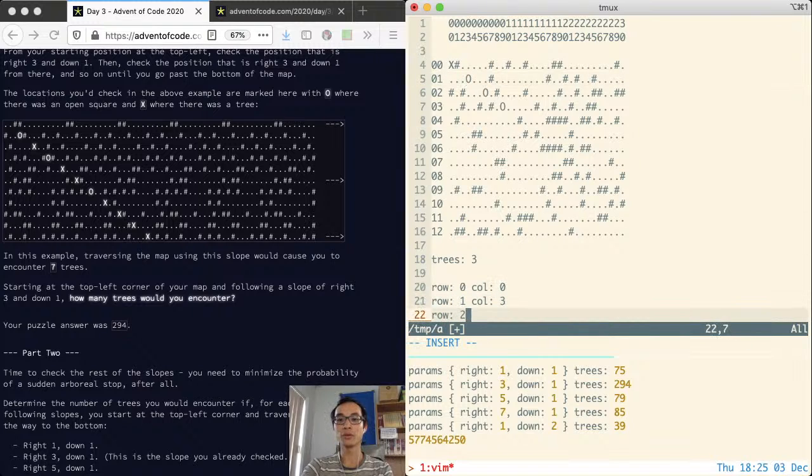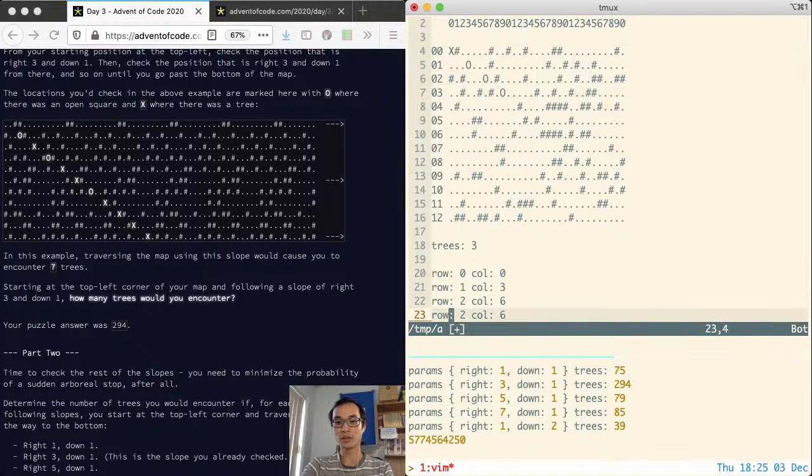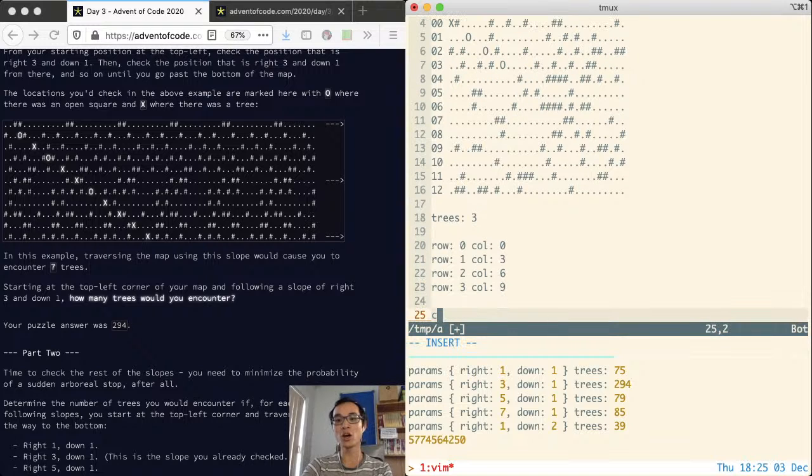On row 2, we're at column 6. And on row 3, you can see we're on column 9. So there is a very obvious pattern here. We can say that the column is always going to be identical to the row we're on times 3,